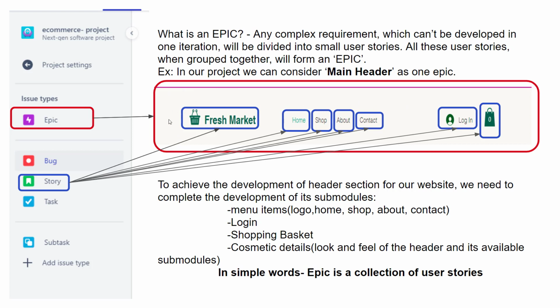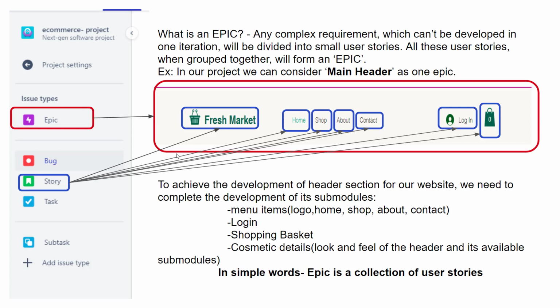So to achieve the entire development of our header section, we need to first complete the development of its submodules. So we can now consider each and every submodule as a feature, and put together we can consider it an epic, which is nothing but the big feature. I'm just trying to give you a better understanding.